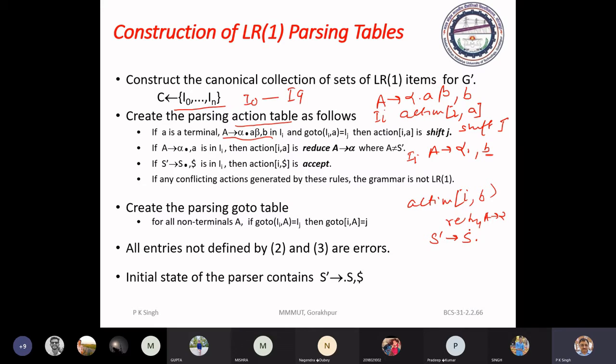So in that case, suppose it is in Ii, then action[i, $] is accept.